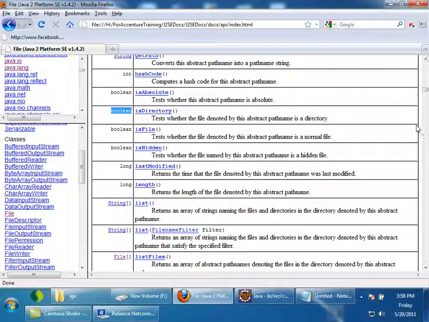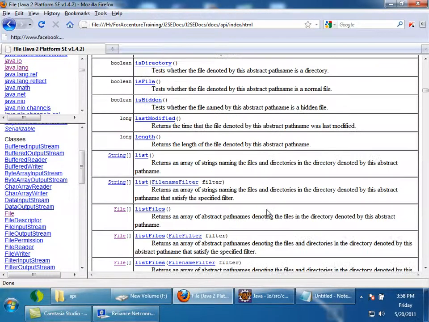And the next thing, there is another method called listFiles. Previously you used the list method and you got a string array of all the files. Now I want you to use this listFiles method. You will get a file array. What does it mean? Suppose your file object is pointing to C drive.